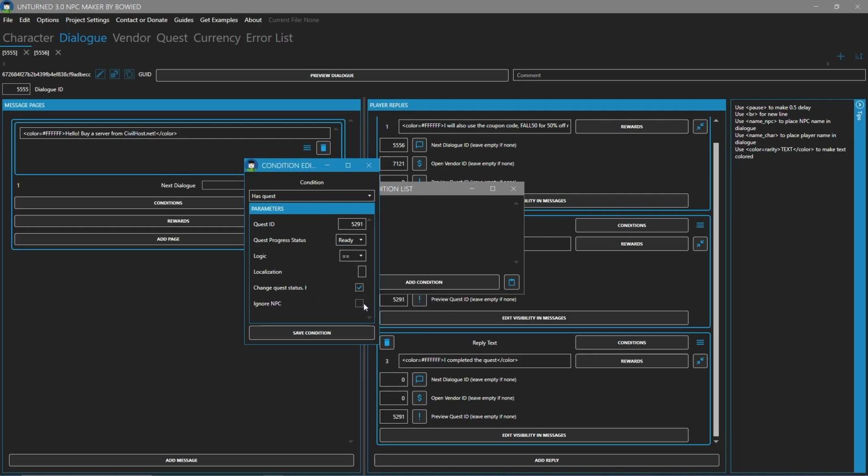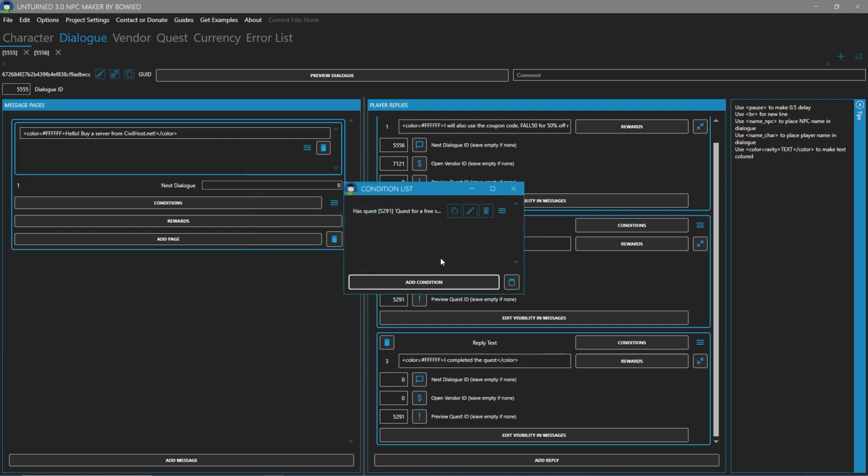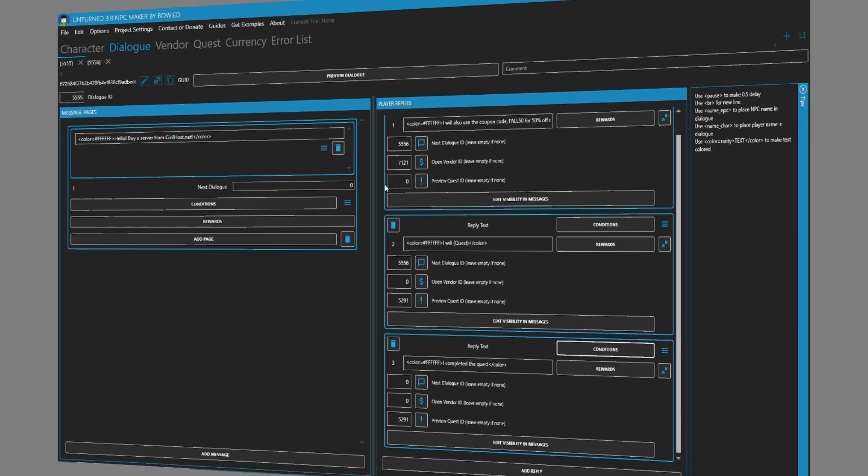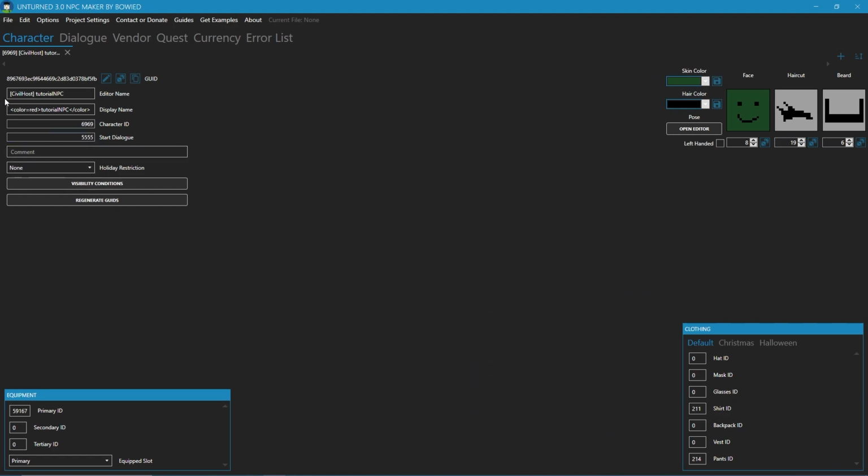And then I have no clue what ignore NPC does. We're just going to save condition, and we can close out of here. And then we don't need to set a reward. So now we're going to export the NPC to Unturned, but after a quick recap, this is where you edit